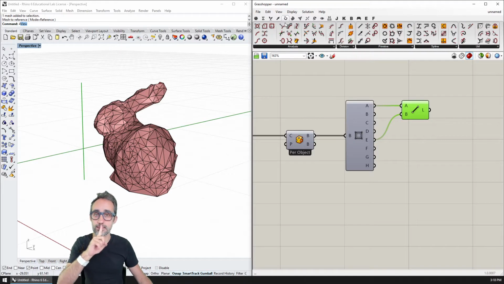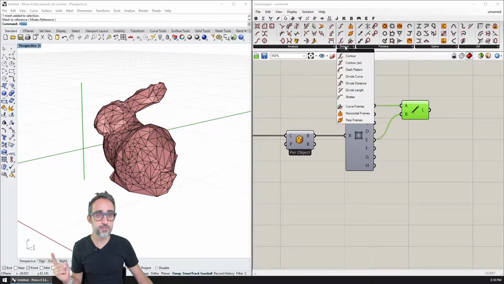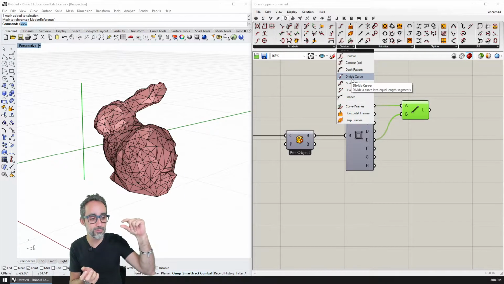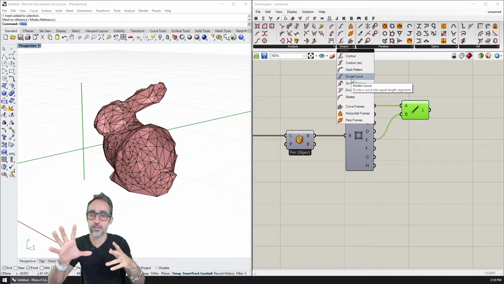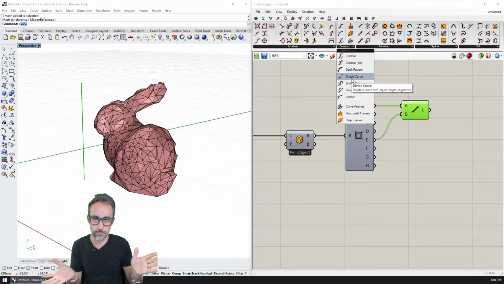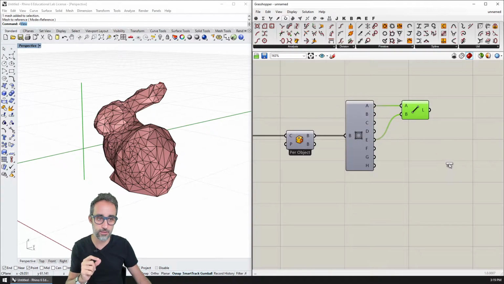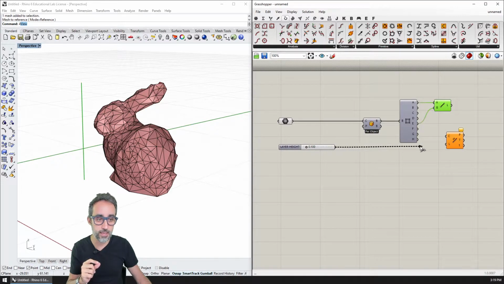In many exercises in this series, we have subdivided curves into equal length segments. However, in this case, this way of dividing curves will not work, because what we want to control is the actual distance between the planes, not the fact that there has to be 10 or 15 or however many planes. So that's why I'm going to choose this other division method, divide a curve into segments with a preset length, the length being the layer height.